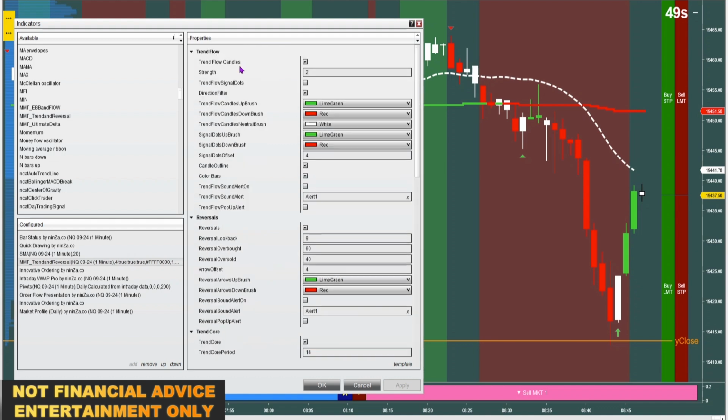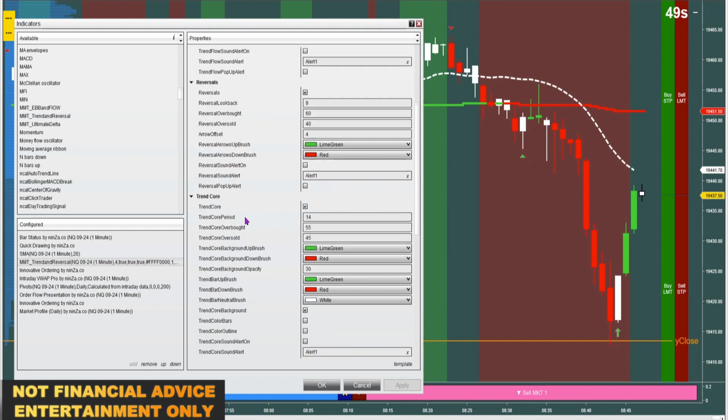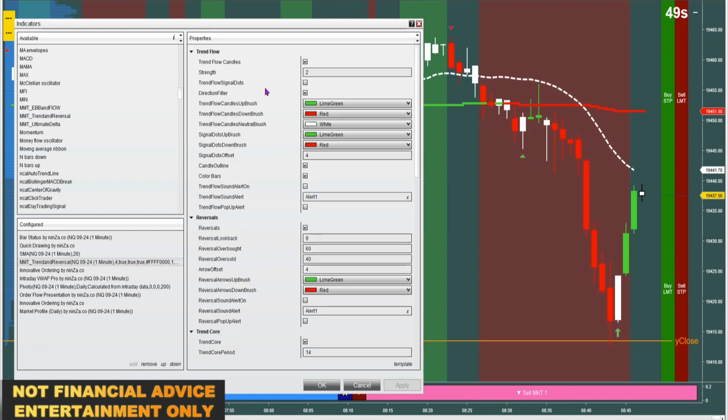The trend flow used to be called the entry candles, now it's called trend flow. The trend core used to be the trend background section, now it's called the trend core. So the trend flow section has got a major upgrade. By default, the directional filter is set on. This is how it was originally coded, with the directional filter checked on, but now you have the option to